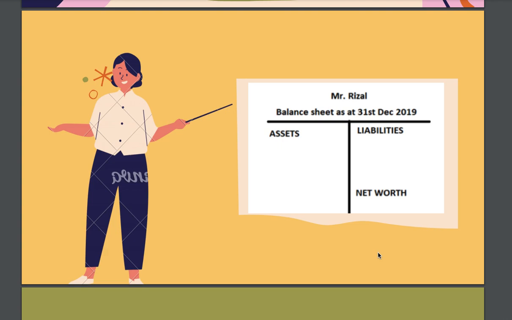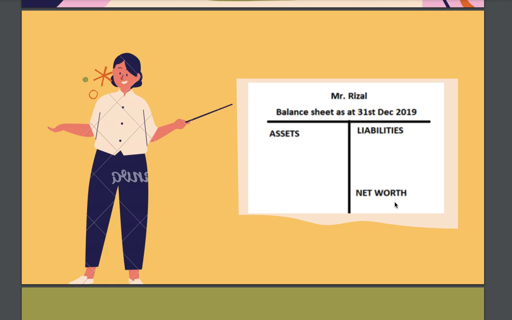In the balance sheet, the personal balance sheet is quite similar with the business's balance sheet. The basic is the same. On the left, we have assets. On the right, we have liabilities. But the difference between assets and liabilities here is the net worth. Before, in the firm balance sheet, you do the retained earnings here, right, to make the balance sheet balance, right? But for the individual balance sheet, we record it as a net worth.